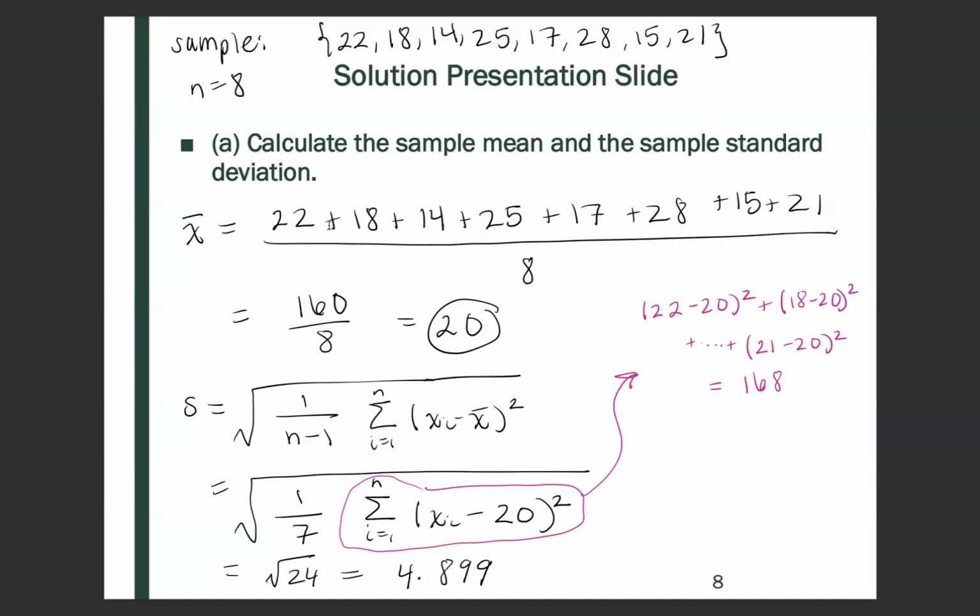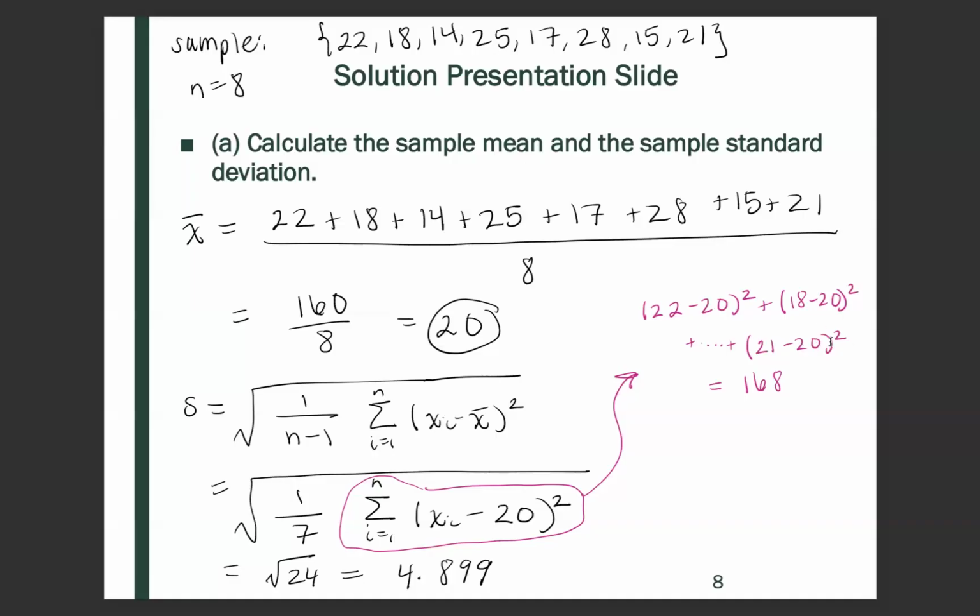If you were to do this by hand, you would sum over the different xi's minus 20 and square them. So you would have, for example, first 22 minus the mean, which is 20, squared, plus the next term, which is 18 minus the mean 20, squared. And then you would continue that for all the points till you get to xn, which in this case is x8. So that's 21 minus 20